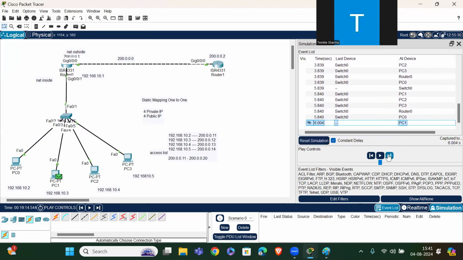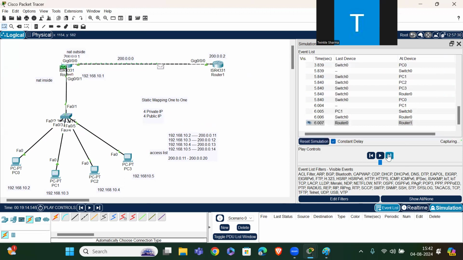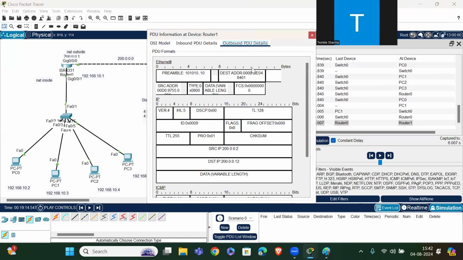Sending the ICMP message again. This we can check. Source IP 200.0.0.2 and destination is 200.0.0.12.